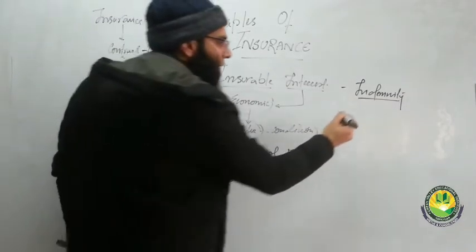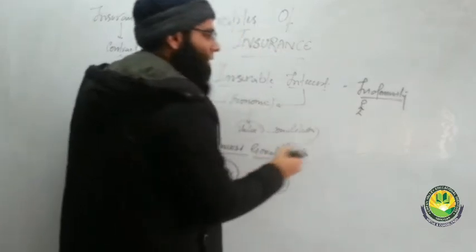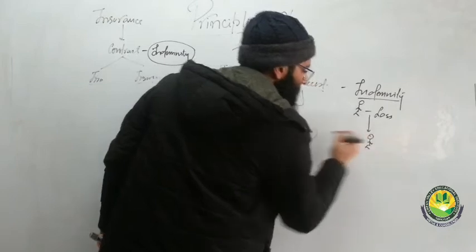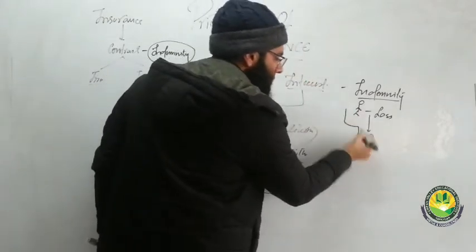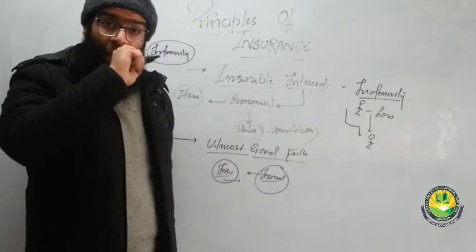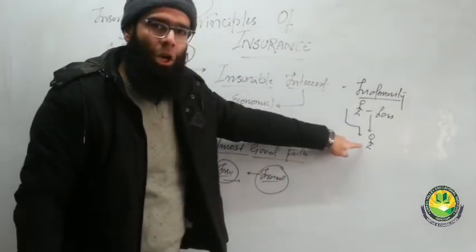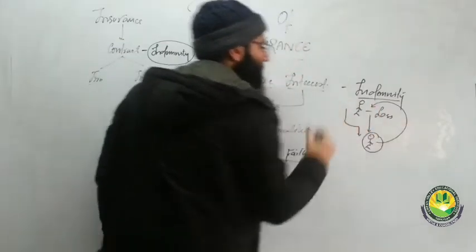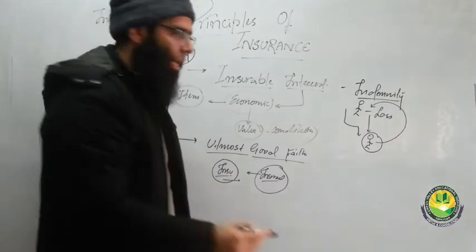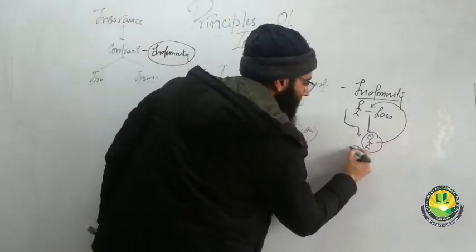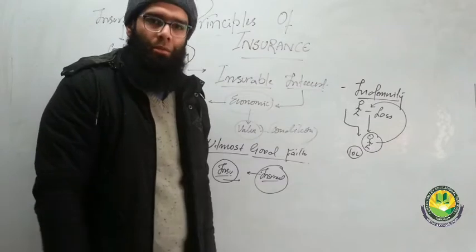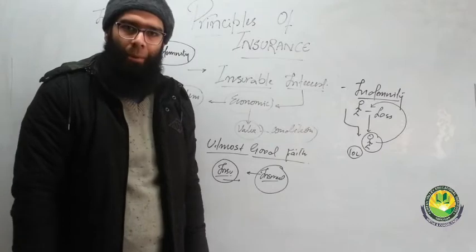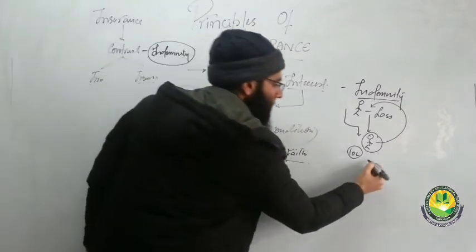So what do we mean by indemnity? Indemnity means that if a person suffers a loss, his condition is worsened. So he is deteriorated in his condition. So indemnity says that we will compensate the loss so that we shall bring this person to his original position. Supposedly, if a person has suffered the loss of 10 lakh rupees in his shop, the products worth 10 lakh were destroyed by fire or by something, so the compensation shall be 10 lakh.